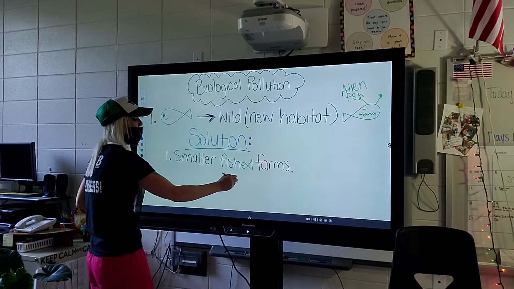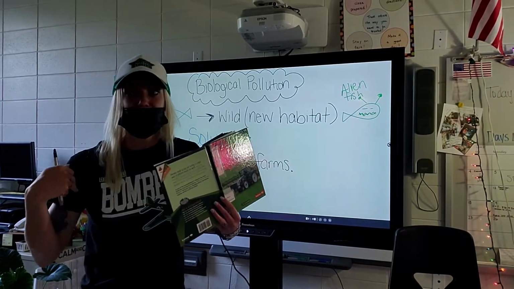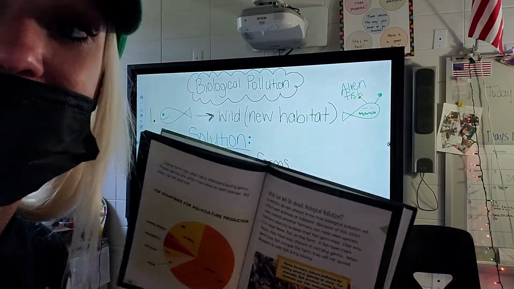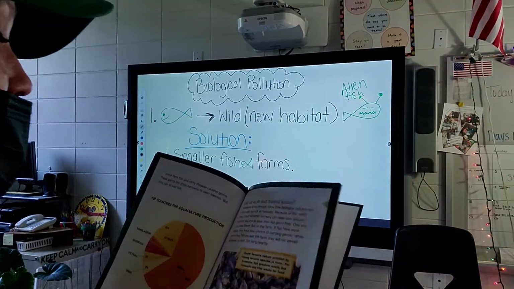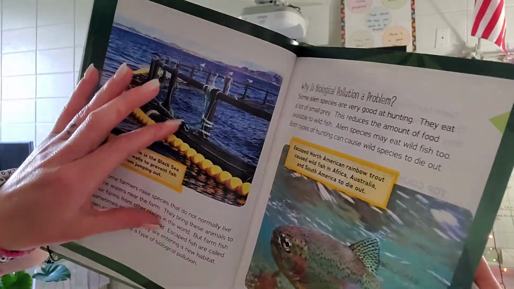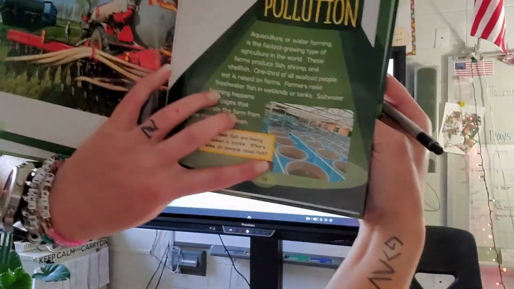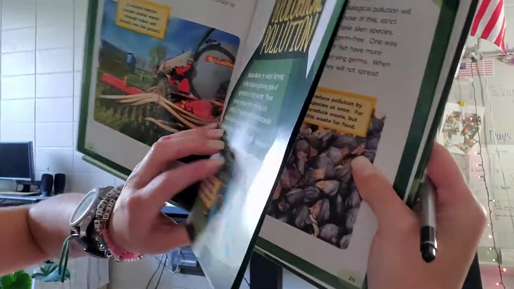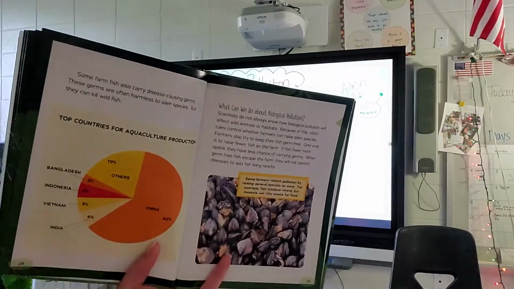And we're not talking about the farms like with fields. We know that fish are aquatic. Aquatic is aqua, like water. So when we talk about these farms, we're talking about this farm here and this farm here where they're in their tanks. So instead of having tons of fish, we can just have a smaller amount.